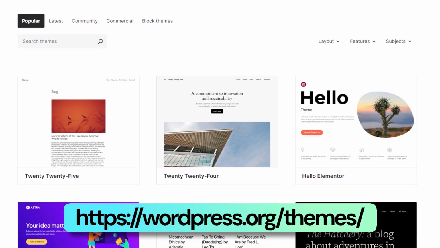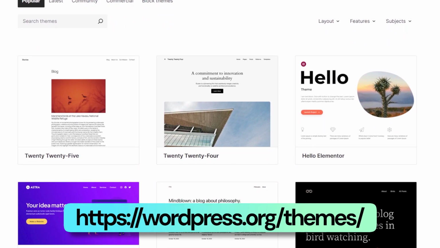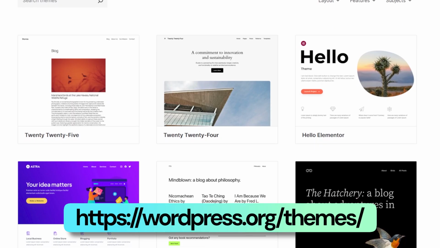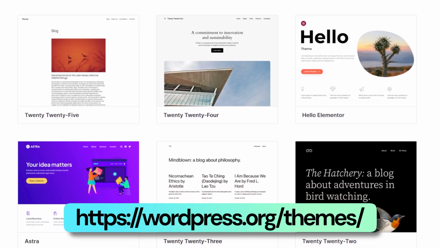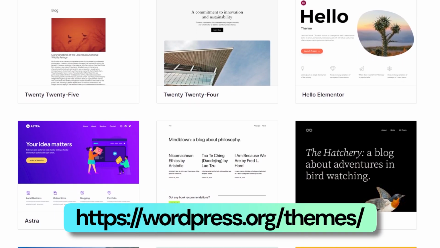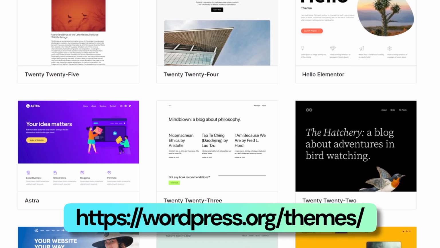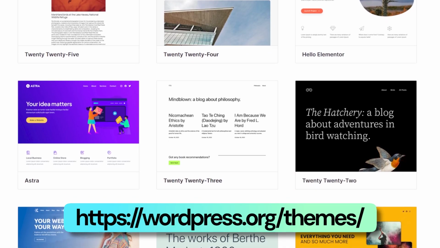But as I said, you can have third-party marketplaces where you can purchase themes, or third-party theme makers whose themes you can download or purchase directly from their site. So once again, anything you see in the WordPress repository will be free, at least no upfront cost will be required. For additional features, you might need to pay, but it's not mandatory. Only if you need the pro features, you can decide to pay.